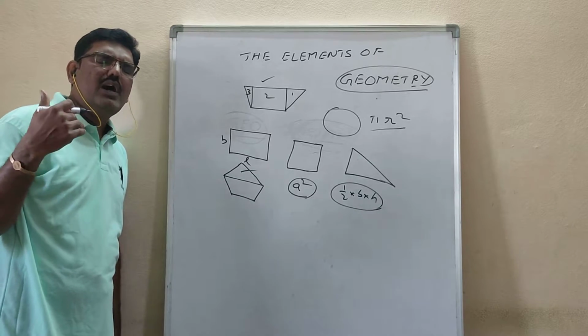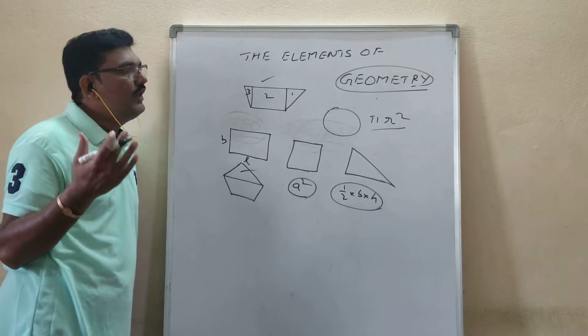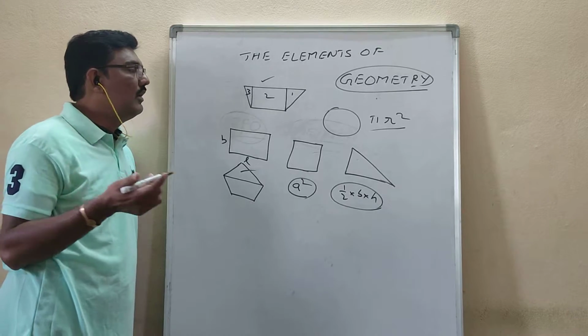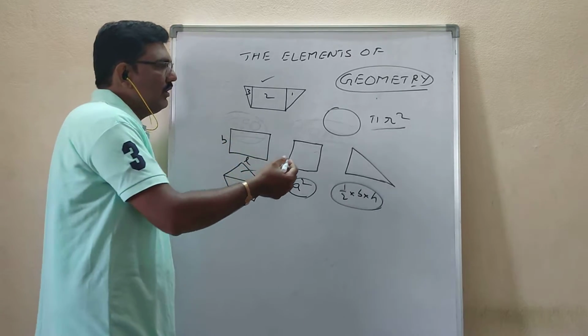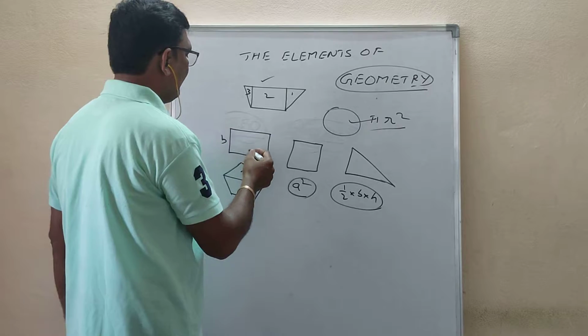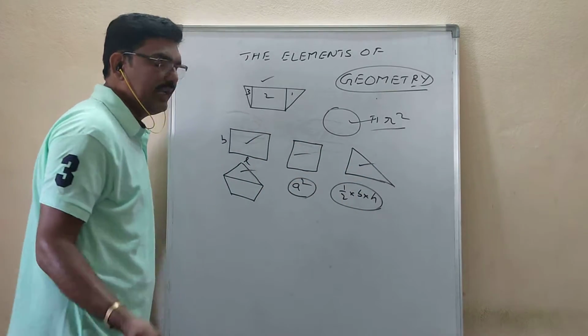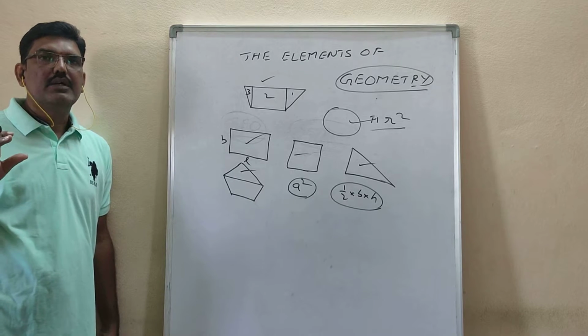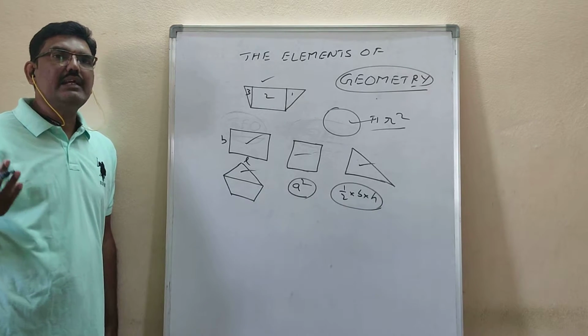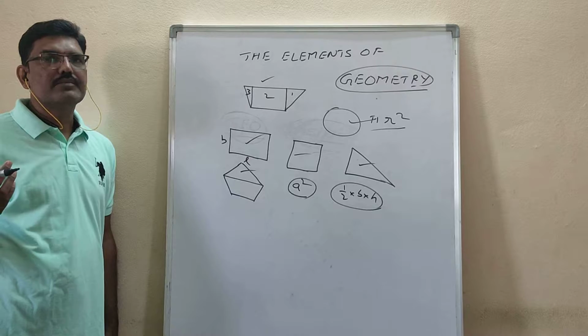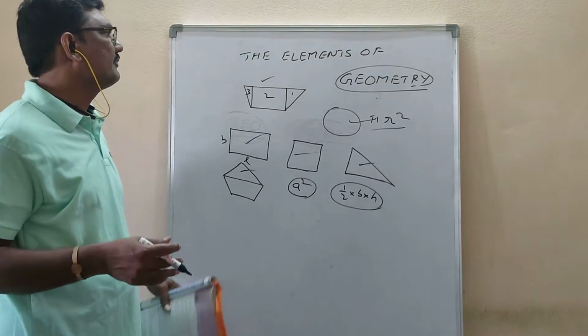Like that, whatever the shape, we can find its area based on the area of a circle, square, rectangle, and triangle. By taking the sum, we can calculate any shape's area. So it is about geometry.